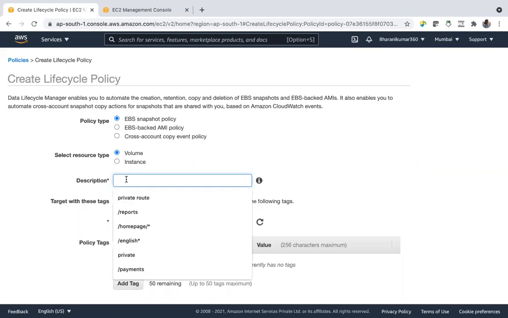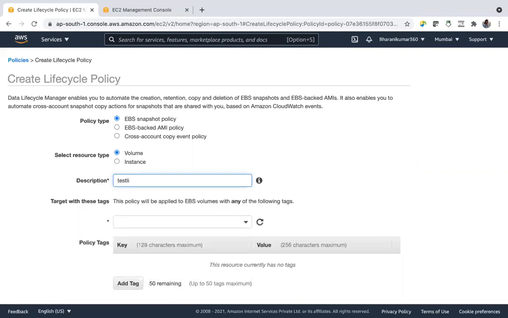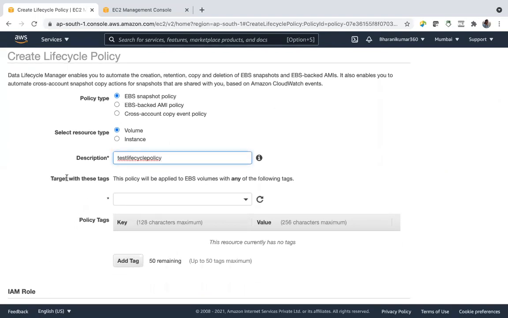Volume. A description you can provide, say this is test lifecycle policy. And tags are important here. We have skipped tags, especially, and talking about tags, I told you tags will be helpful when you are applying policies.